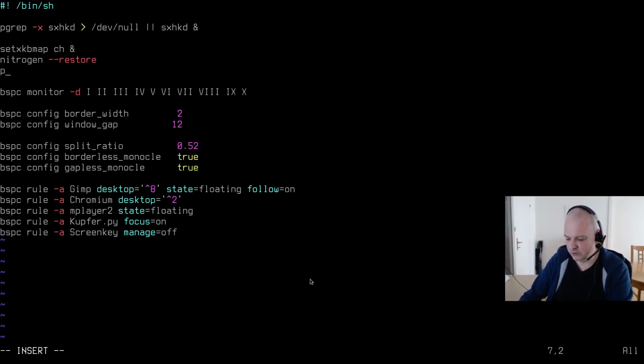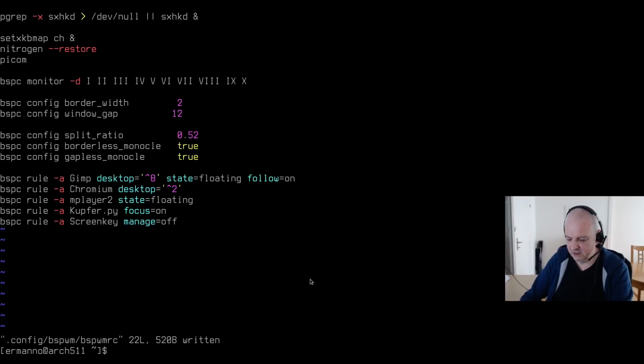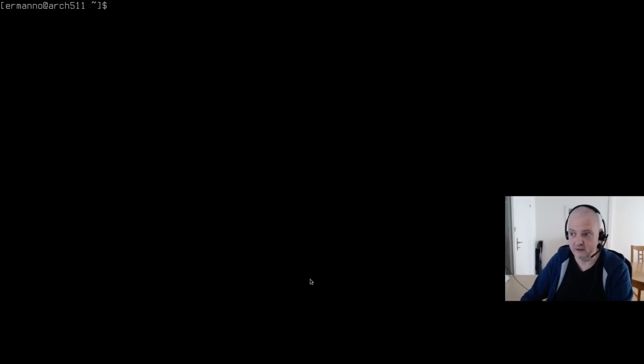And I'm going to use also Picom, our compositor. So these three things I want them to be started with the window manager. So we can then save the file and exit. And I think I forgot to install actually a browser. So let's do that. Sudo pacman -S